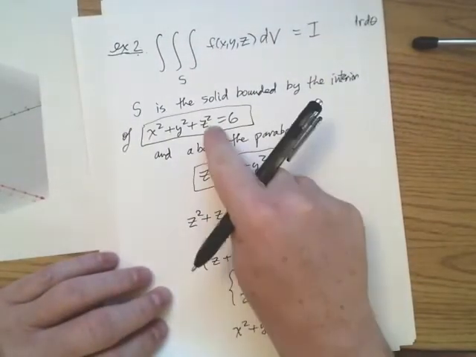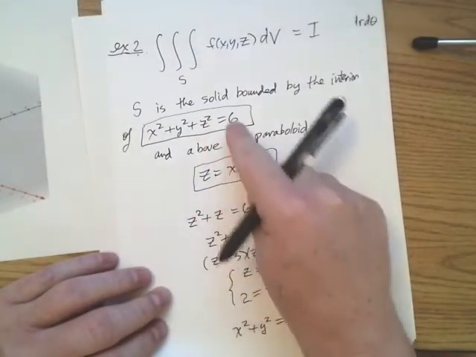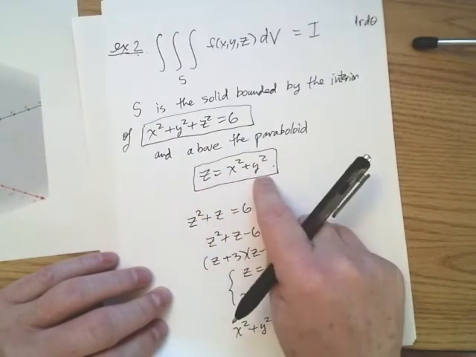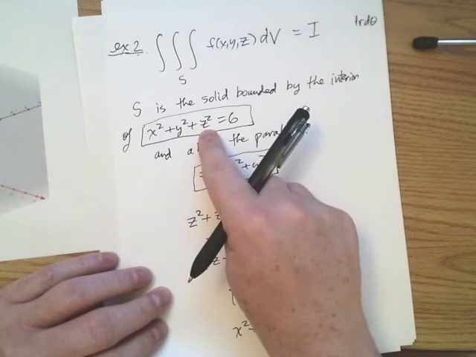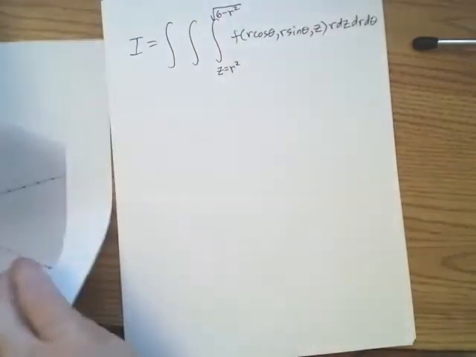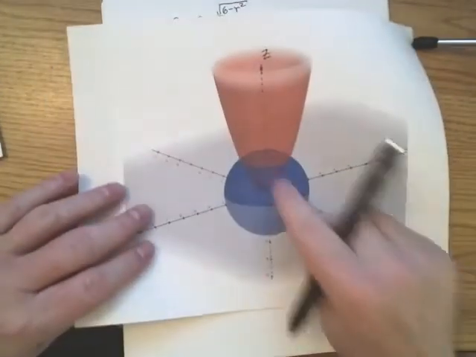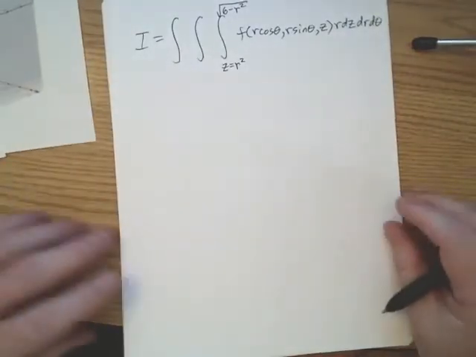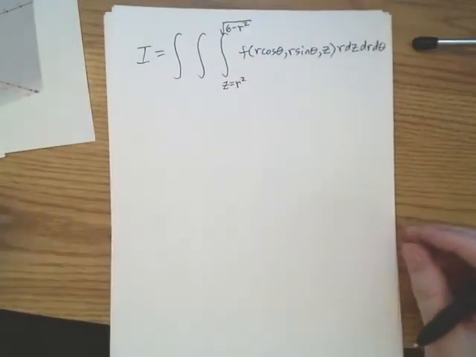So all I really did was come back here and write both these in terms of what? Cylindrical coordinates, okay? So that's what? Z equals r squared. This would be what? Z equals the square root of 6 minus r squared, okay? I'm using the positive value again because you can see here that we're going to the positive value in z, okay? Now, if I project